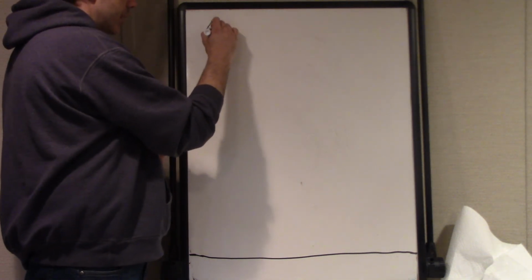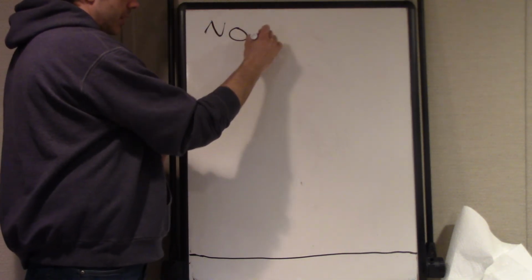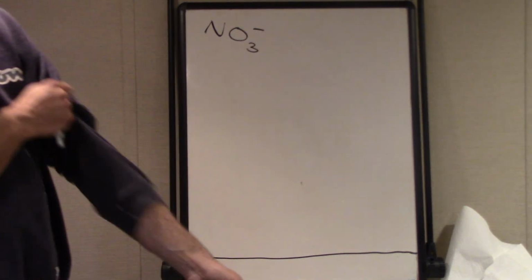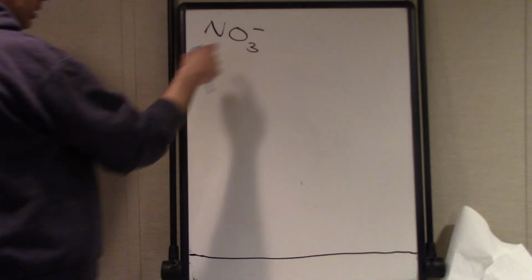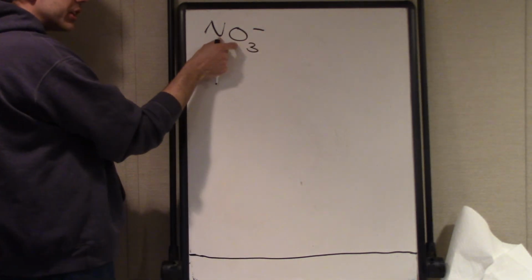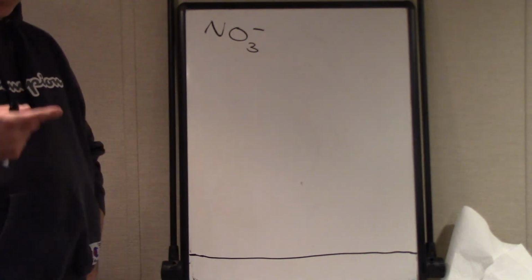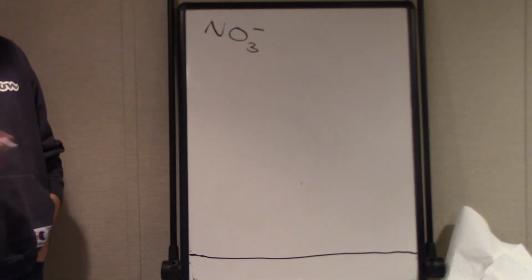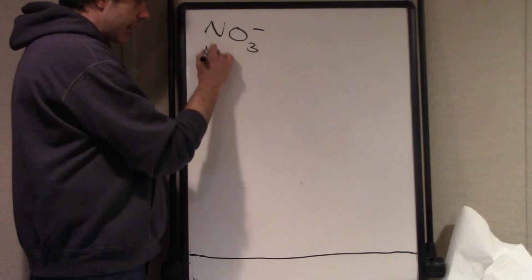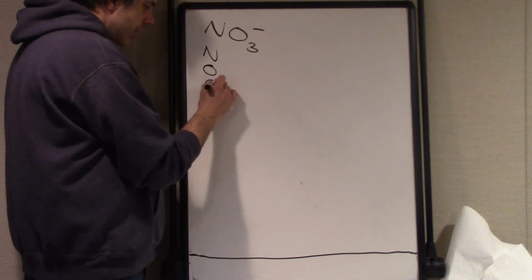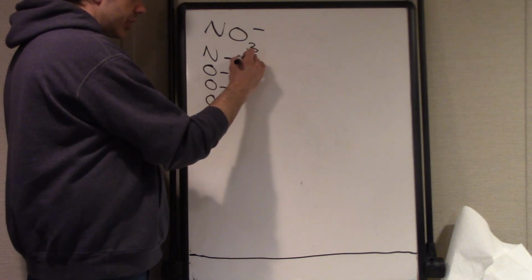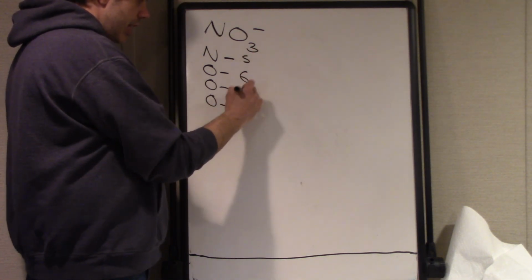So if I have something like, I don't know, nitrate ion, I can actually draw the Lewis structure for this. Because even though this is an ion, these individual pieces are being held together covalently. So I'm going to deal with this one the same way I've dealt with the other ones. I have one nitrogen and 3 oxygens. Nitrogen is in group 5A, oxygen